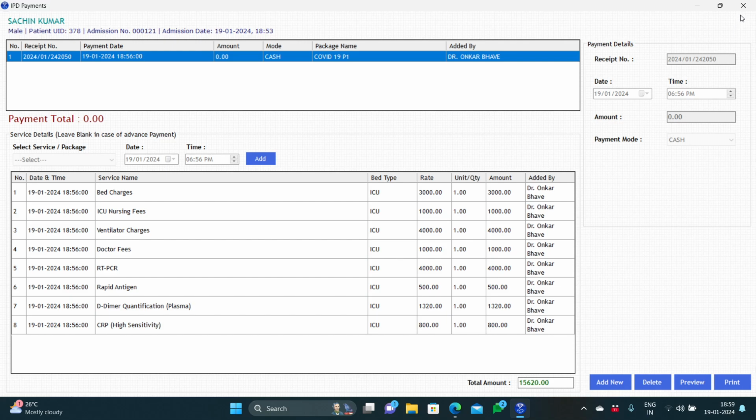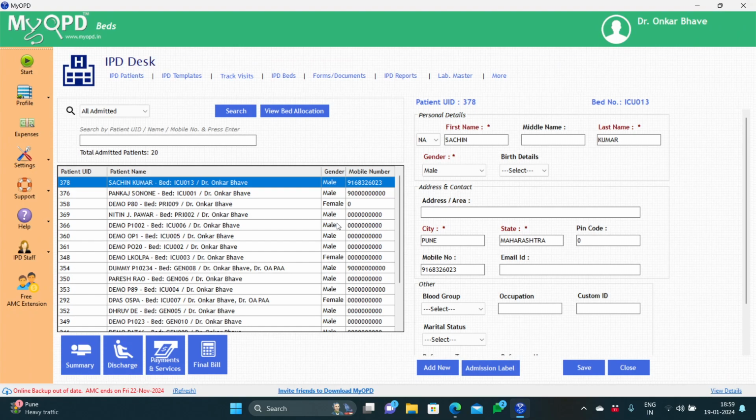But where did we end? I did not see the discharge card. Yes, yes. So let's quickly go back and let's create a discharge card. So these are the things which are required during the course of admission. Now, if we go to this discharge option,